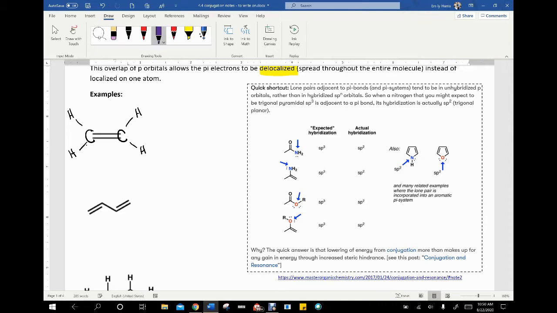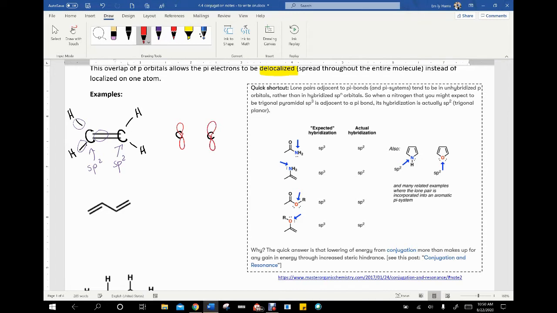Next, we want to assign hybridization. This carbon on the left has 3 regions, 1, 2, 3. So its hybridization will be sp2. The same will be true for the carbon on the right. Now, with sp2 hybridization, what that means is that you have an unhybridized p orbital available on each of those carbons. So if I draw in a p orbital,